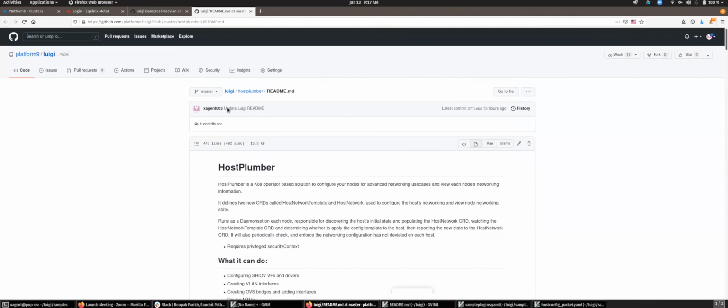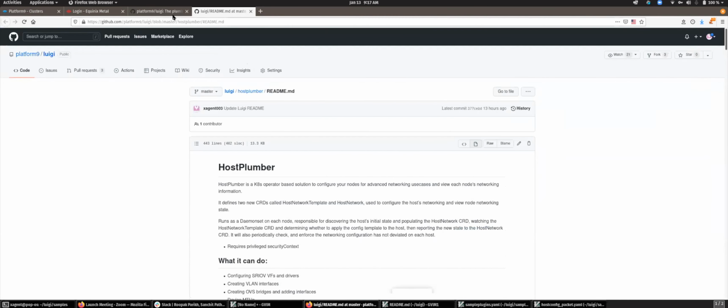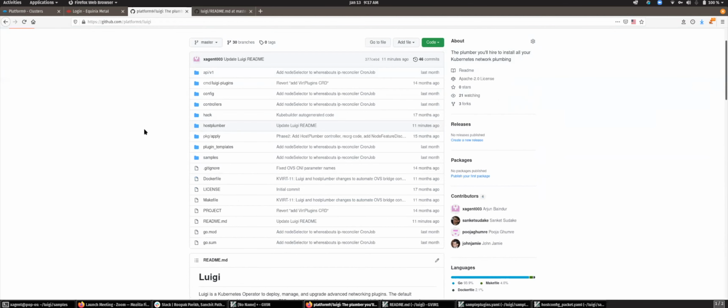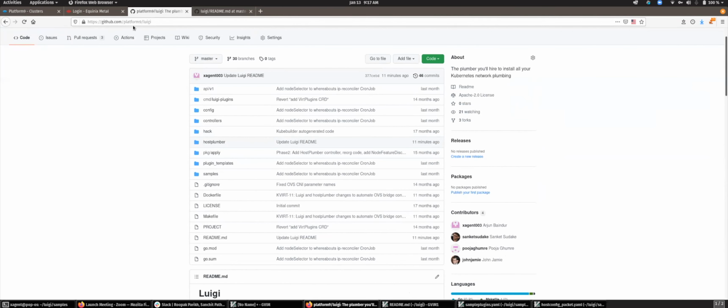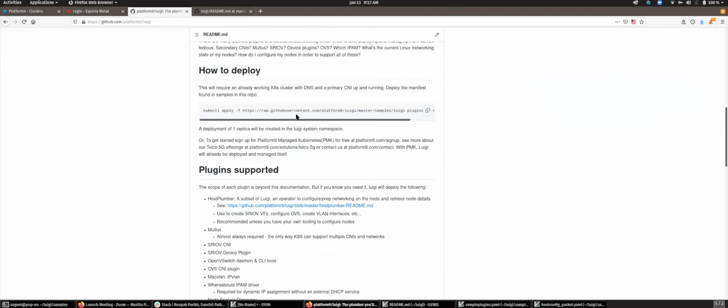So if you go on our repo, we have a bunch of samples as well as a README. As Chris talked about, we have two actual operators, Luigi and Plumber. They're both in the current repo right now. We might break them apart, but I suggest going to the top level, platform9.com/Luigi, and you'll see here how to deploy Luigi itself, and I'll show exactly how to do that.